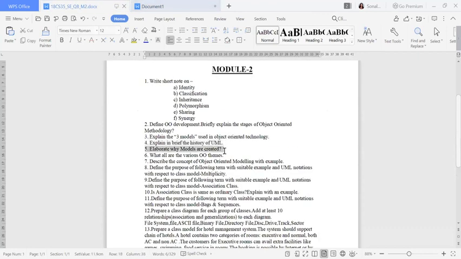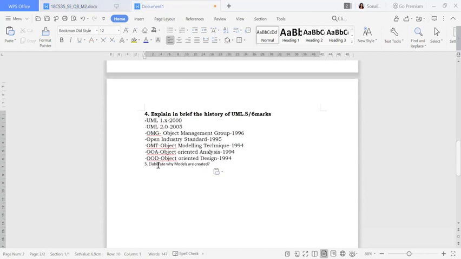Elaborate why models are created. Okay, why you want the models to be created. This is theoretical, so you have to write it. Try not to write in paragraphs; write point-wise, but there are no specific points to be written. Yeah, I can make it some 4 points which will be easy to remember. The first point, you can elaborate about the communication with customers.